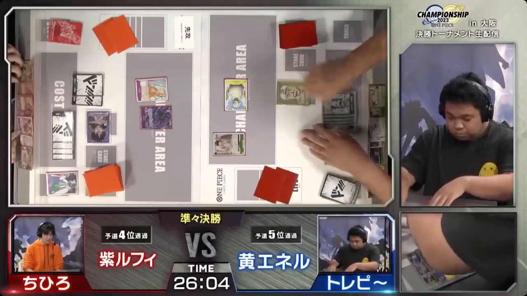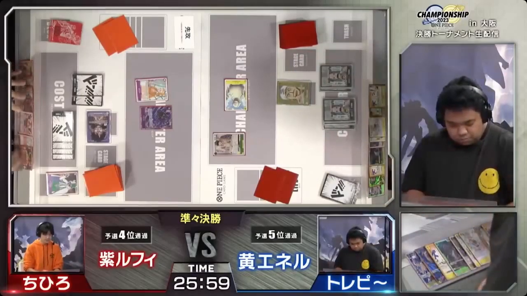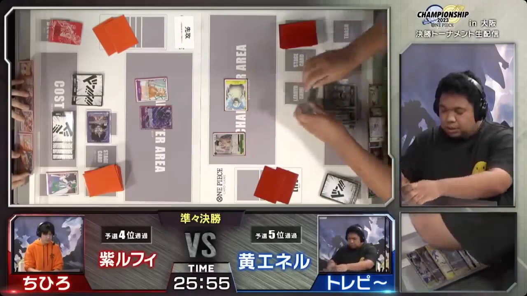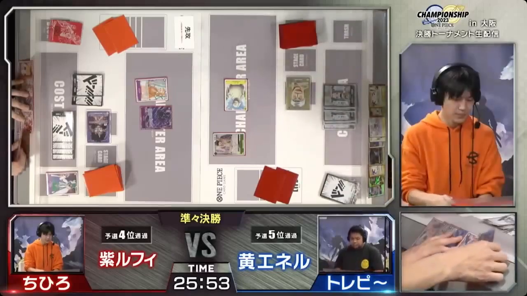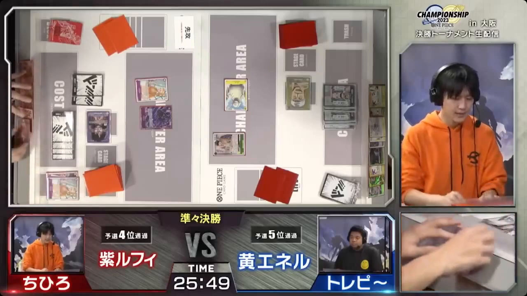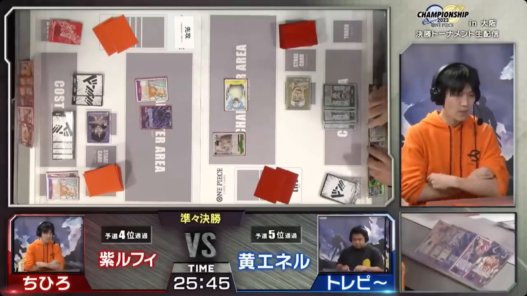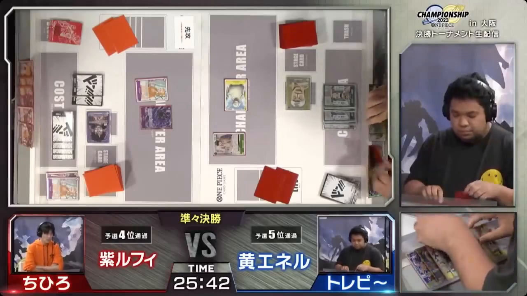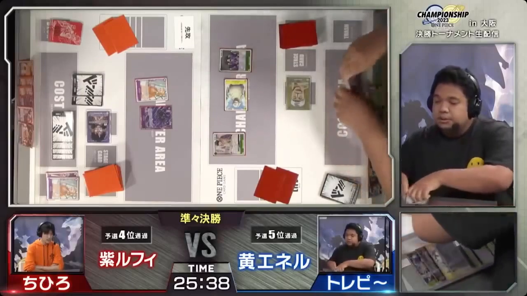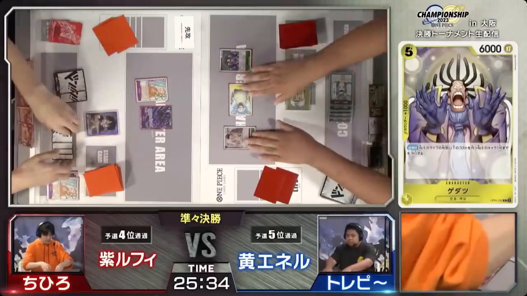He swings twice, once with his vanilla, and then I think now he's deliberating a 7k swing or a 5. Depends what he's able to play. So he plays 5. He swings with 5, and he has 1, 2, 3, 4, 5 Don available. He should be at 6 right now, but Magellan kind of screwed him over. And he plays Gadatsu. So this is another reason why Purple Luffy is so good into this matchup,